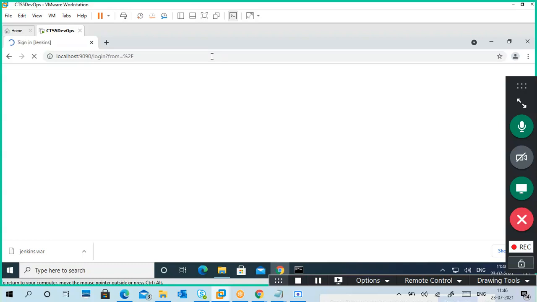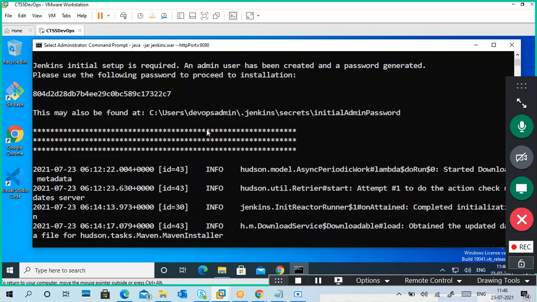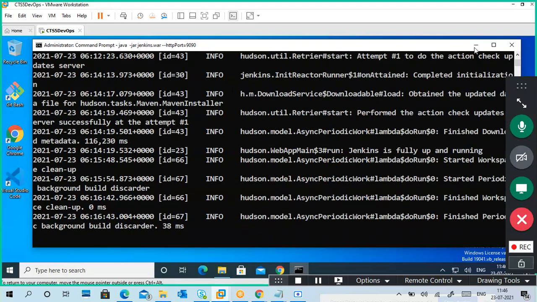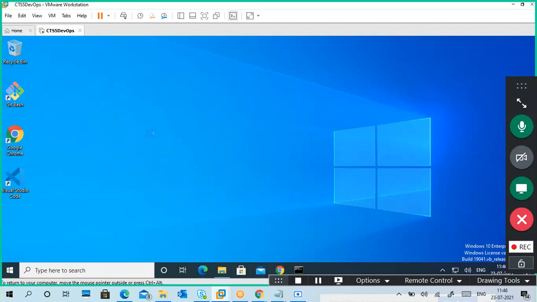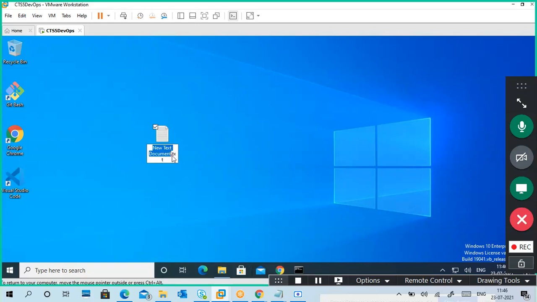Okay, now it is asking for a login. Let it show, no problem. Meanwhile, I will minimize. If it shows Jenkins is fully up and running, then only can we open it. Next, we need the initial password, so you have to copy it and put it in a notepad. That is a better option. Don't just rely on Control C. I'm creating a notepad meanwhile. If you forget, no problem, there is a place where you can find it.